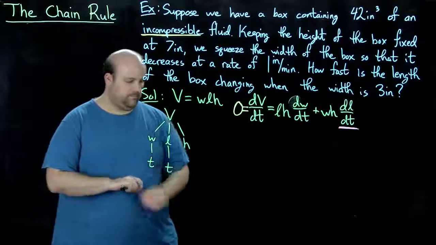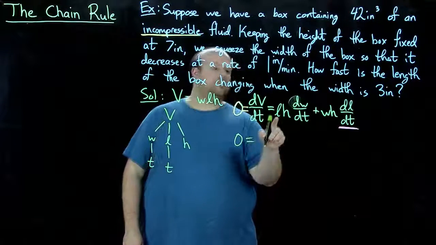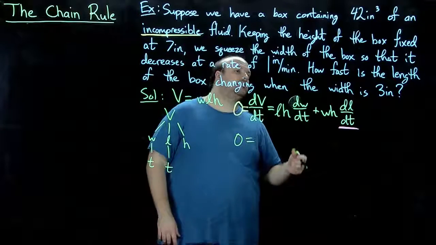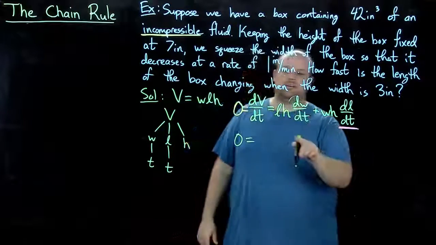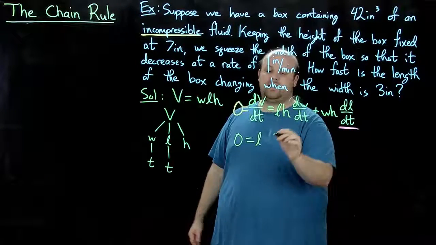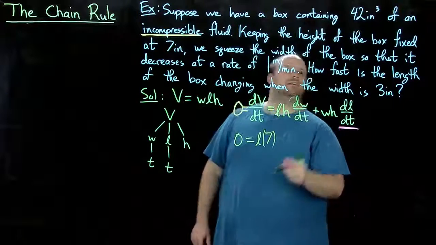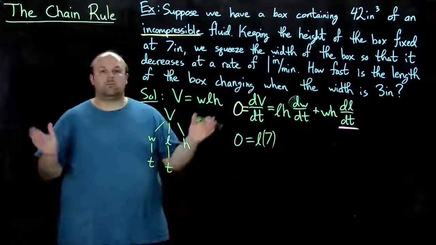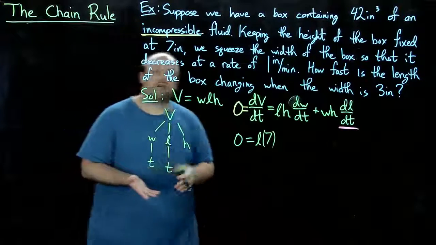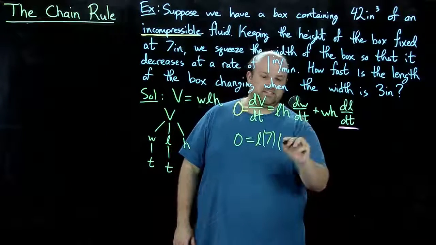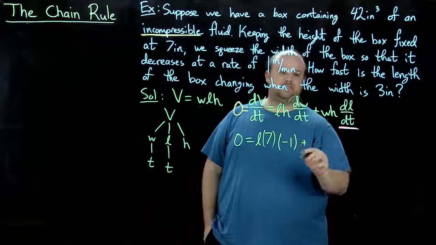So what do we know? Well, we know that 0, right, so the length is, well, we don't know the length yet. So L. The height is always 7. Right? And the dw/dt, well, we're saying we're squeezing the width of the box so that it decreases at a rate of 1 inch per minute. So dw/dt is -1. Right? All right, and then plus WH